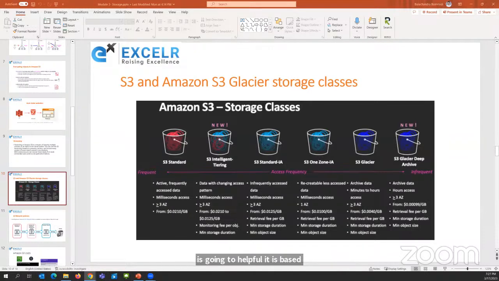It is based on access frequency, without performance impact, retrieval fees, and operational overhead. So S3 Intelligent-Tiering delivers millisecond latency and high throughput performance for frequent access. Okay. So this kind of access is mostly used especially for data lakes, data analytics, new applications, and user-generated content. So in those situations, this will be useful. This has a different pricing. You can see